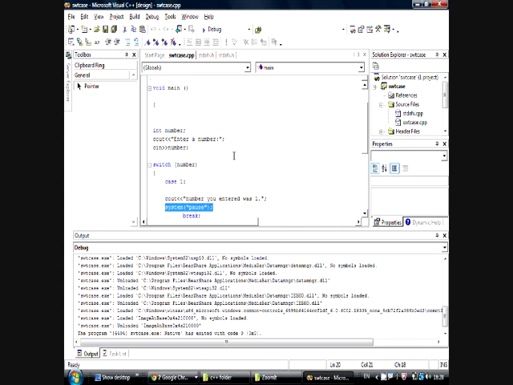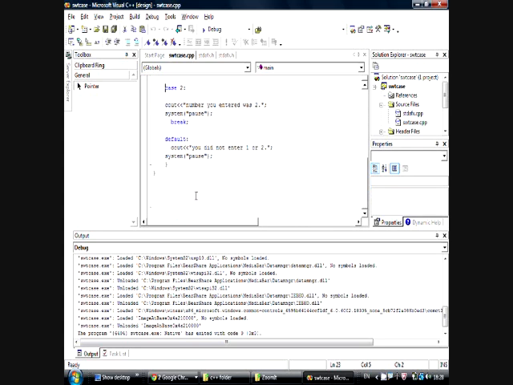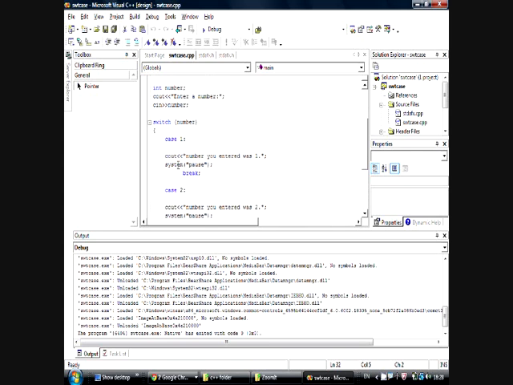But in a switch statement, it will make it simple. The first one is this, the second one is that. If it's equal to the second one, then do this. If it's equal to the third one, then do this, and so forth. And it's all compact in its own